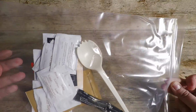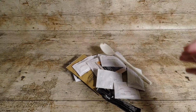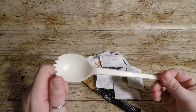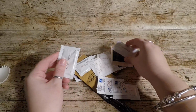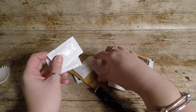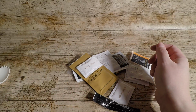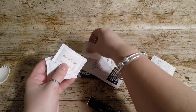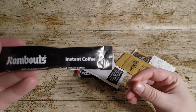So I'm going to go ahead and open the accessory pack as well. Now, normally these are really big bags. This one's actually a little bit smaller than the ones I've had previously. So let's open this up. Okay, so we have the famous spork, which this one, the British Army ones, are biodegradable, which are cool. Then we have a few creamers. There should be 4 normally, yep, 4 creamers. White sugar, again, there should normally be 4 of those. Yep, 4 white sugars. We have a Roberts instant coffee,